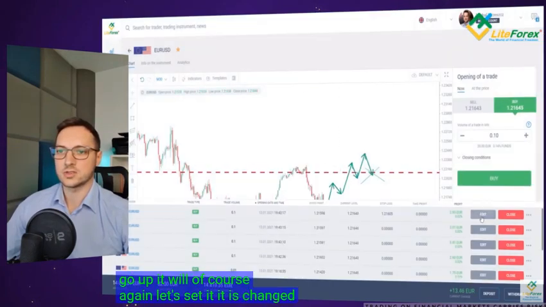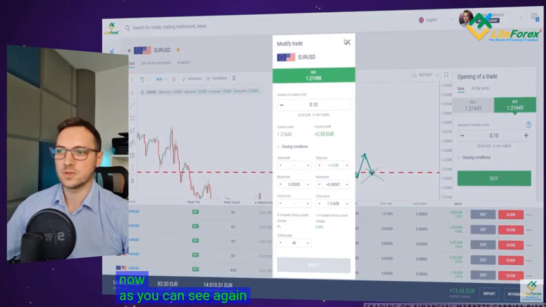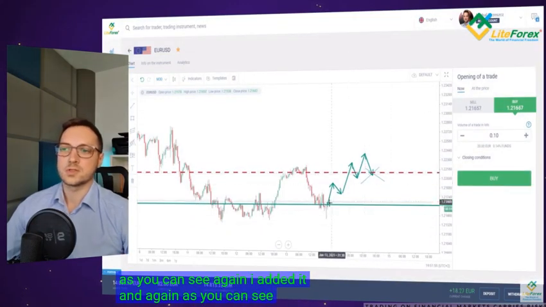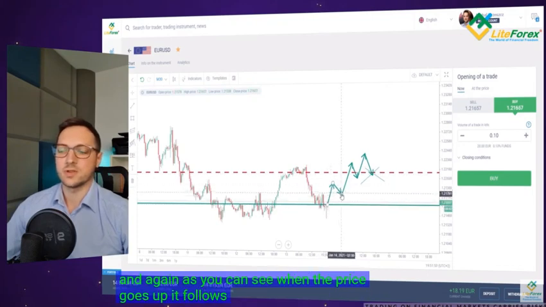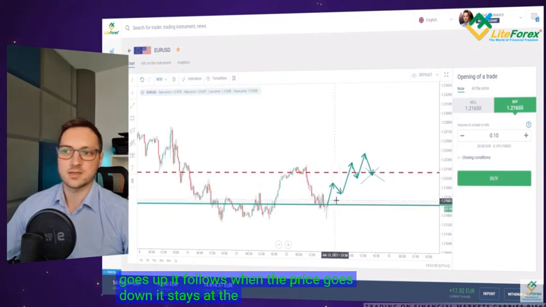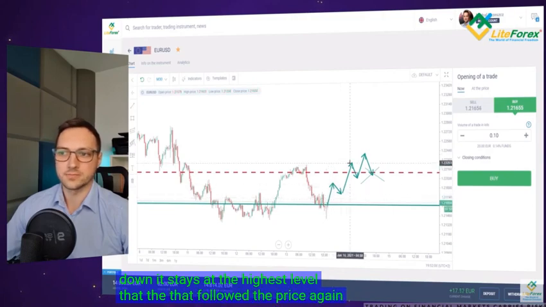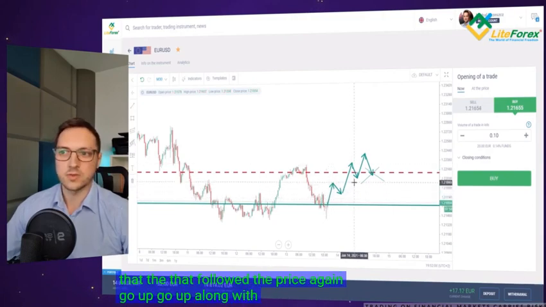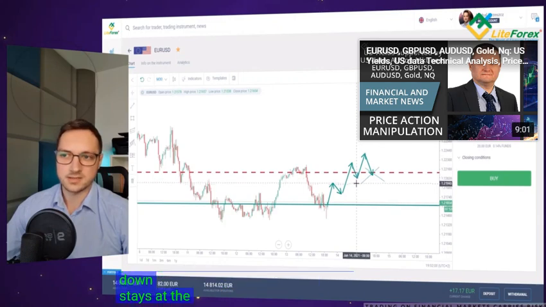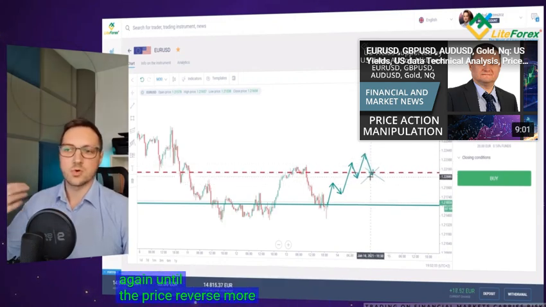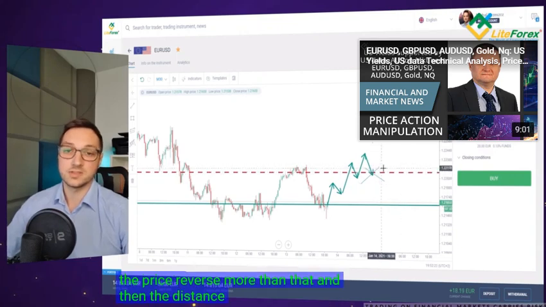It is changed right now, as you can see. Again, I edited it, and as you can see, when the price goes up, it follows. When the price goes down, it stays at the highest level that followed the price. Again, it goes up along with it. When it goes down, it stays at the highest level, until the price reverses more than the distance we set